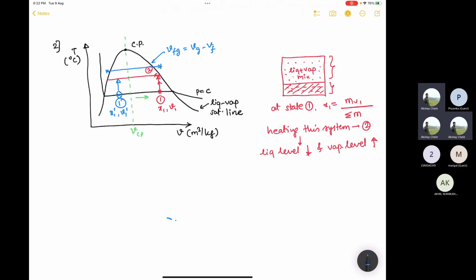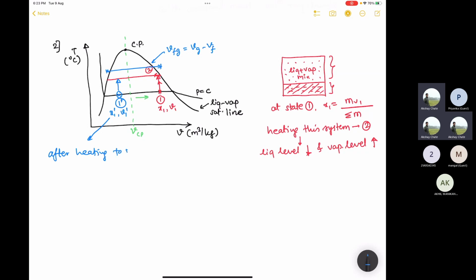So if you start from the point 1 dash, which is given here, what will happen is your liquid level, instead of decreasing on heating, it will rise. So that is counterintuitive, because as I told you, our primary intuition will tell that whenever you heat a liquid, it will evaporate and its level will decrease and the vapor content will increase. But that is true for a general system where mass interaction with the surrounding is allowed. But if the system is a closed system, if there is no mass interaction with the surrounding, and you are starting from this point 1 prime,